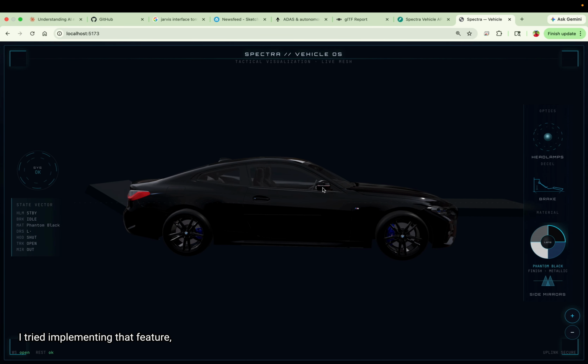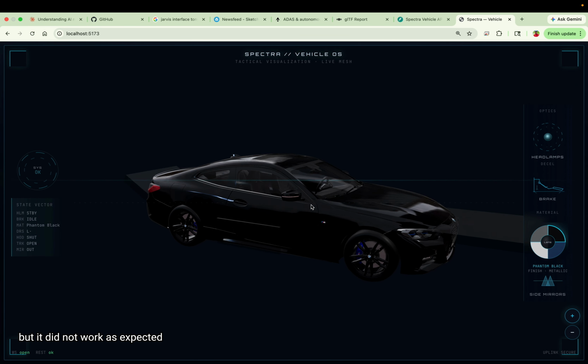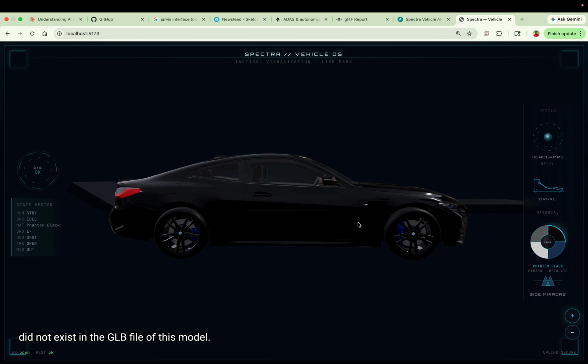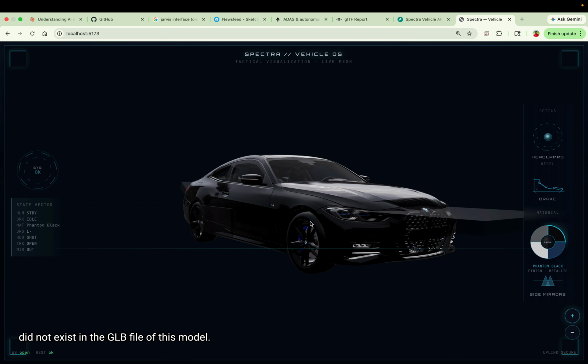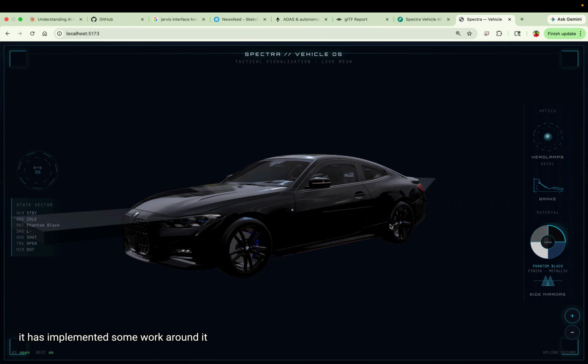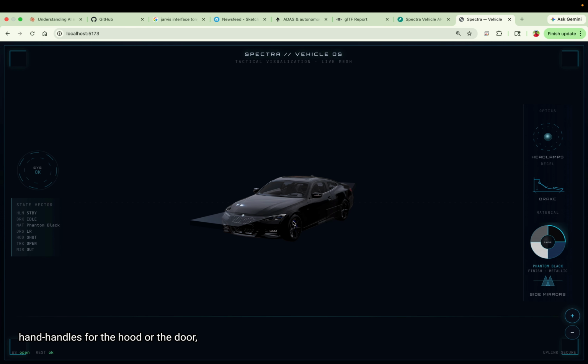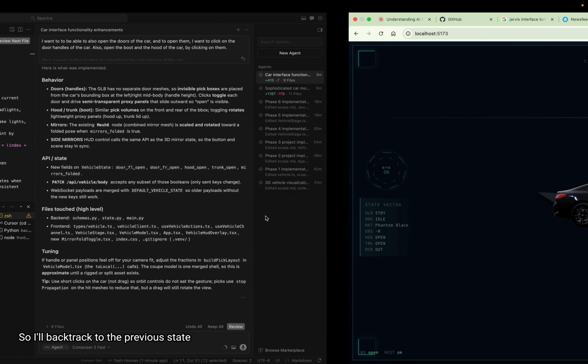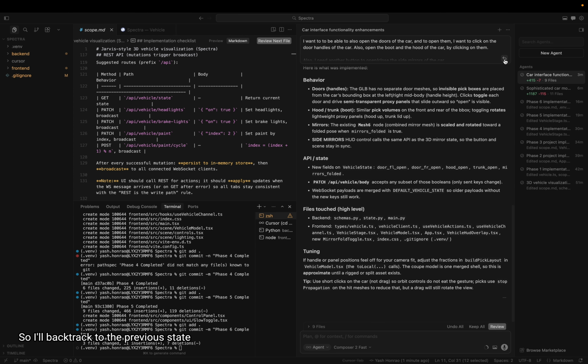As you can see, I tried implementing that feature, but it did not work as expected, as those meshes did not exist in the GLB file of this model. It has implemented some workaround by using some invisible handles for the hood or the door, which I don't like. So I'll backtrack to the previous state of the project, and for doing that I use this feature